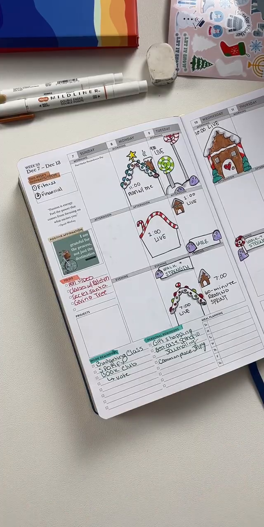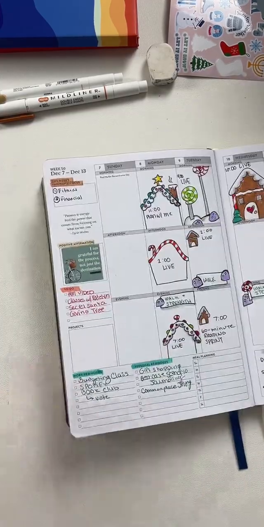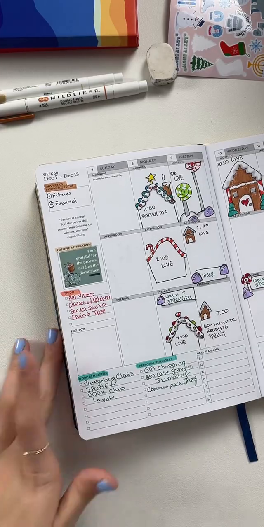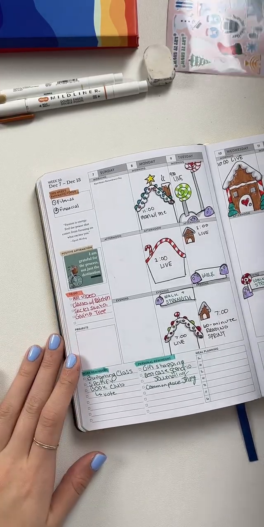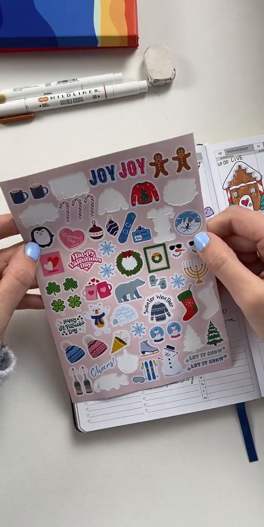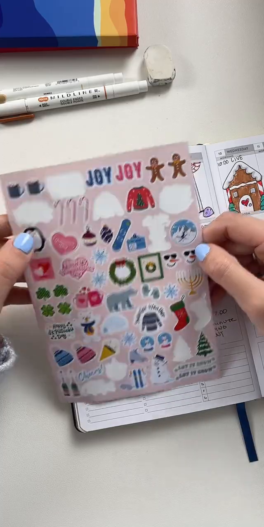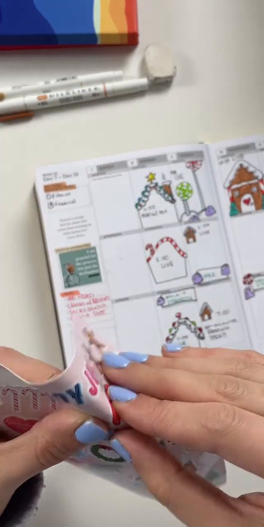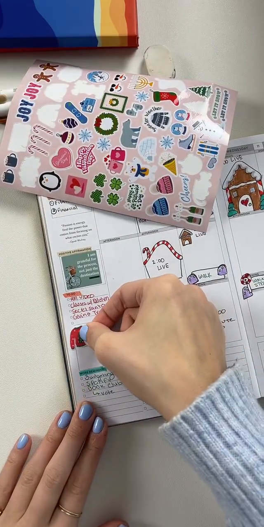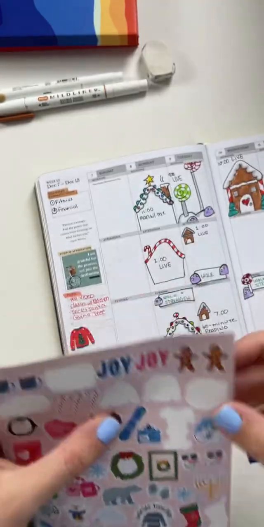Projects, or I don't have any. I can't really do a project right now. There's just not enough time. I'm not going to lie to you. So instead, I'm going to fill the projects box with some stickers. I'm feeling like we go Christmas sweater. Candy cane.